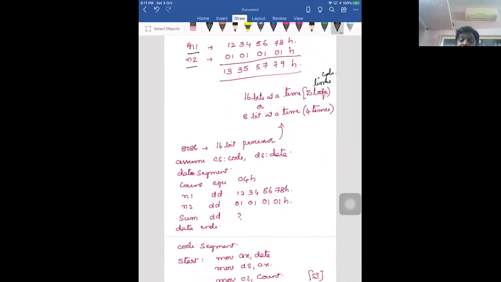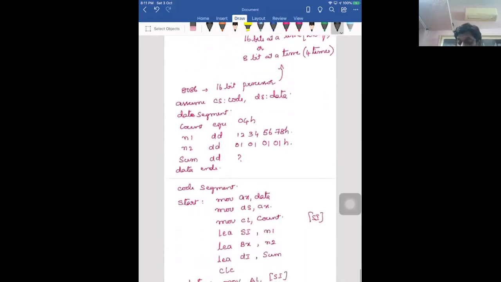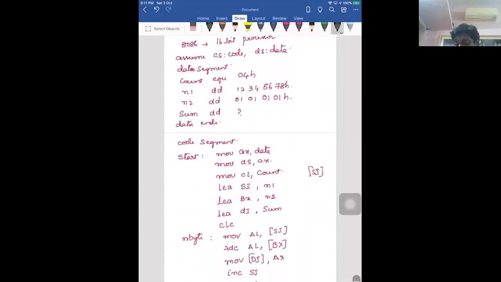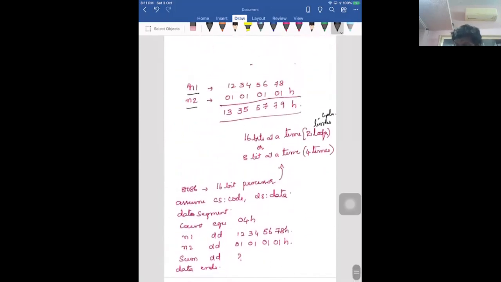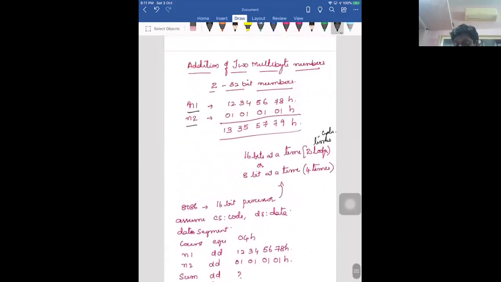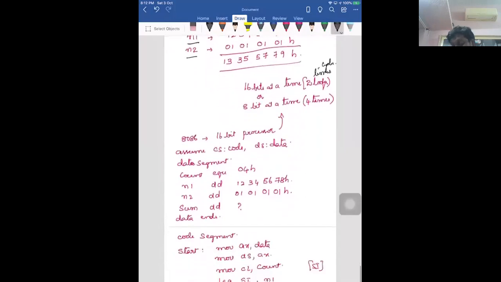We have already seen 16-bit addition in the first experiment, so now we will go with the 8-bit addition, that is, we run four times. The logic behind the program is that I take 8 bits of data at a time: 78 plus 01, 56 plus 01, 34 plus 01, 12 plus 01, and display the results at the end.